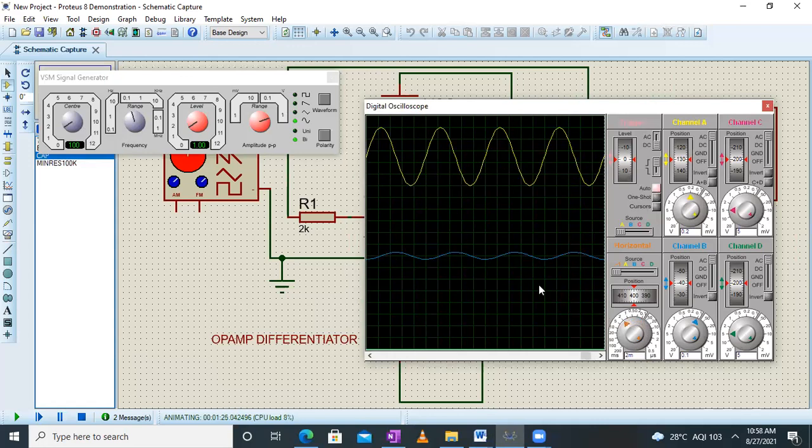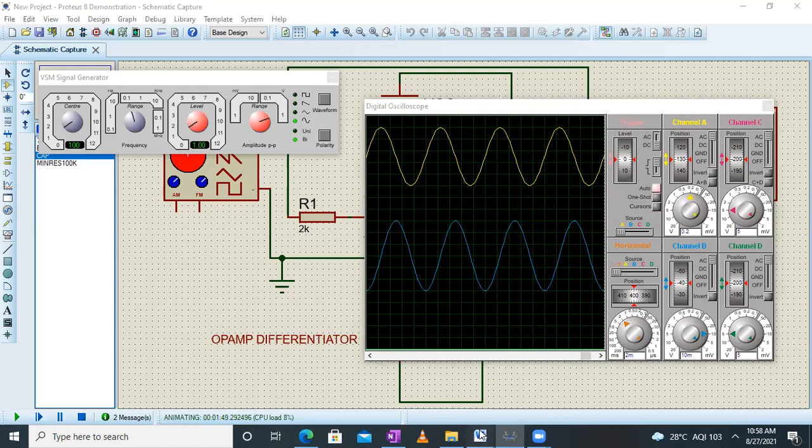So here it is. Now as you can see, the amplitude of the output has reduced. You can capture that information by increasing the volts per division knob like this. Right now the volts per division knob is at 10 millivolt. Let us count the number of divisions. It is 1, 2, 3, 4, 5, 6. So 6 divisions into 10 millivolts. That will give you 60 millivolt.